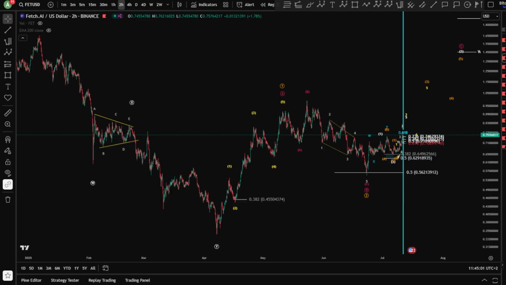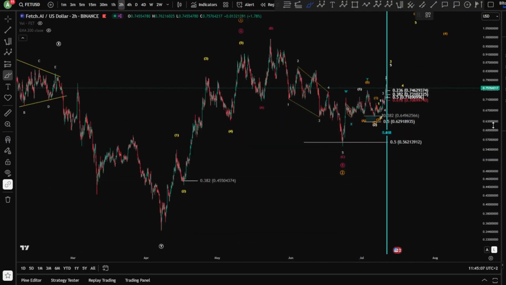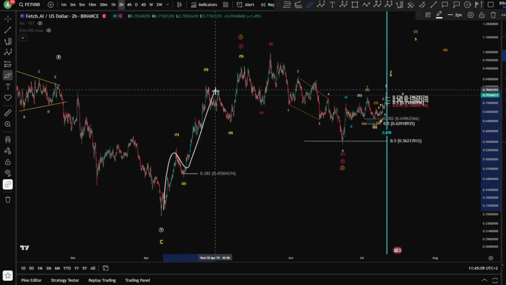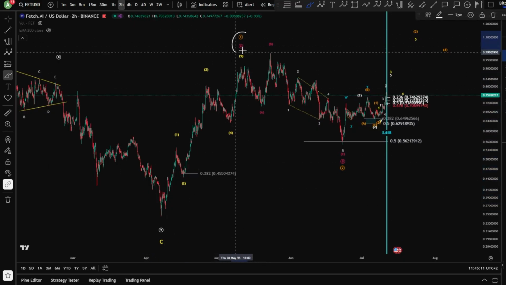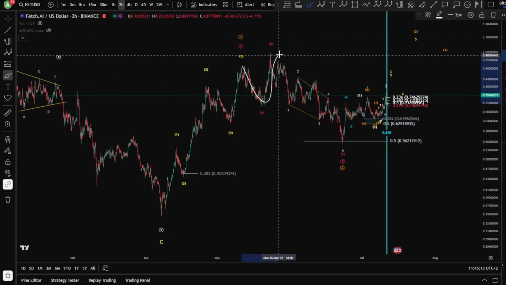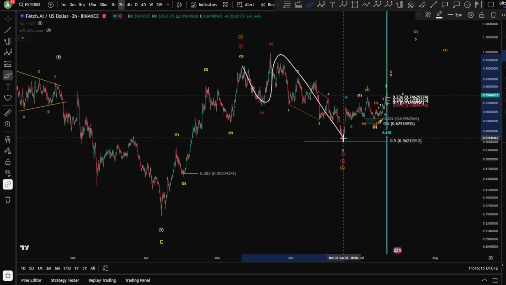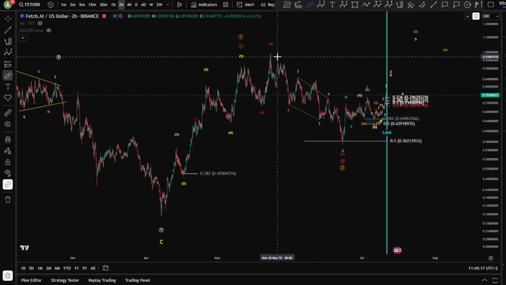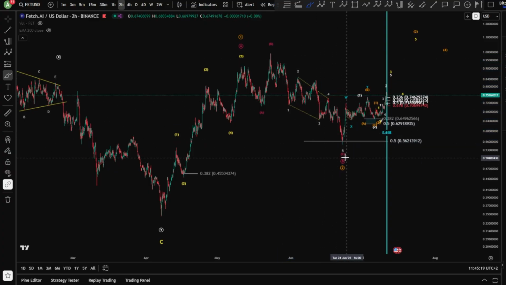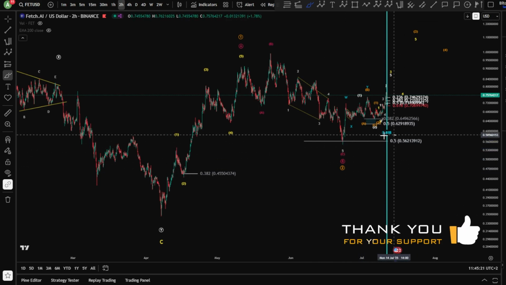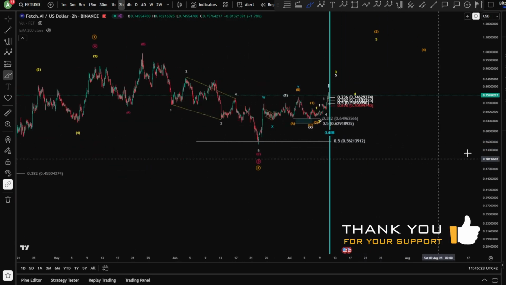We're gonna start on the 2-hour chart for FET to see what's going on and what happened yesterday and what we might get next. So we have 1, 2, 3, 4, 5, our impulse towards the upside for a wave A or a wave 1, A, B, and a C or WX and a Y. Finished already there, and potentially ABC as diagonal finishing around the 0.5 fib level, perfect with time and fib levels